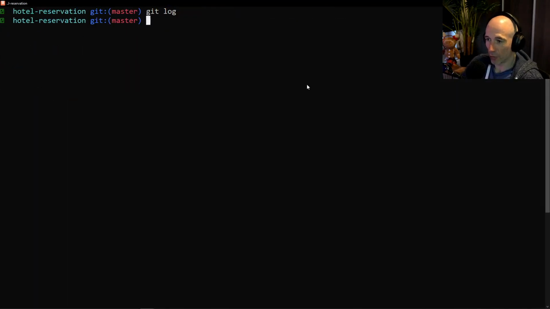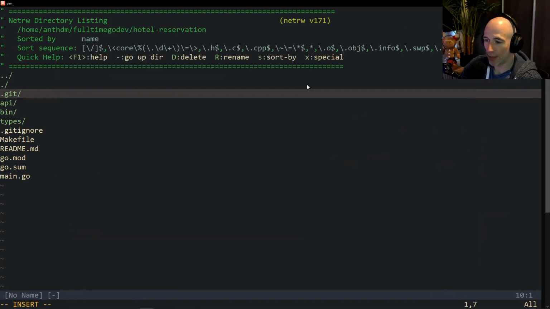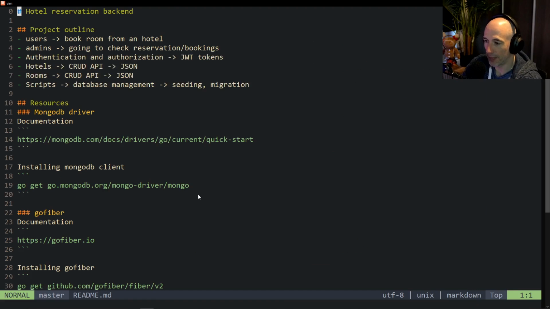So what we're going to do is we're going to Vim into this thing. So let me open up main here. Yup. So we have this stuff. It's pretty fine. Everything was working cool. The next thing we're going to do is implement MongoDB. So basically, let me open up a README here. For the people, I already have MongoDB installed, right? You could install it natively. You could install it with Docker. And if you want to do it with Docker,